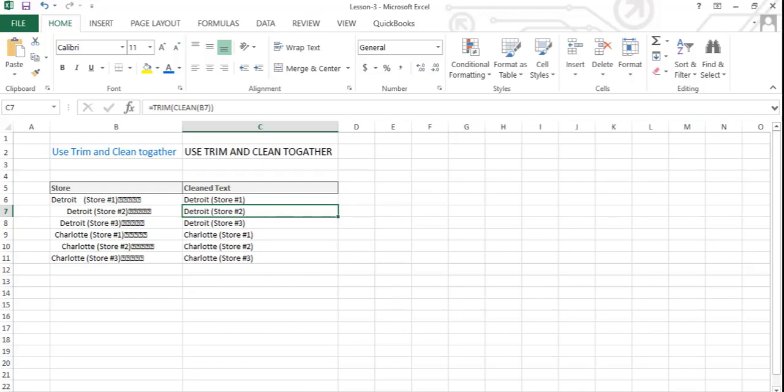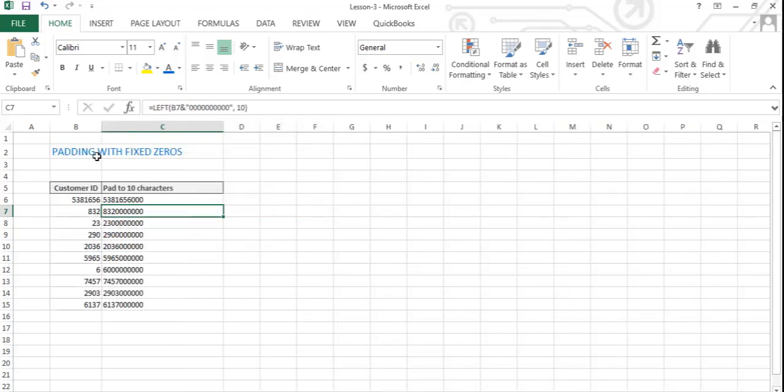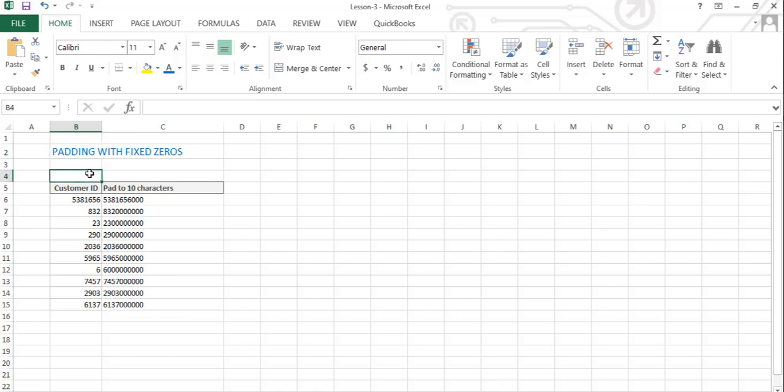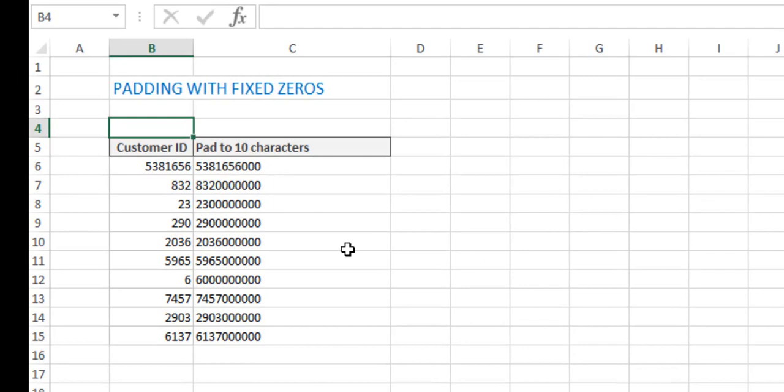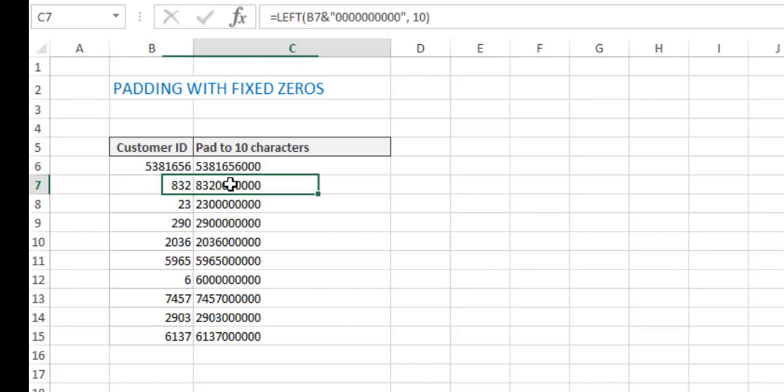Let's move to the next sheet, guys. Look at this. Sometimes when we work with Microsoft Excel and we want to take our data to another database, we need to pad the codes we have used in Excel with fixed zeros, because in special software databases it uses fixed length